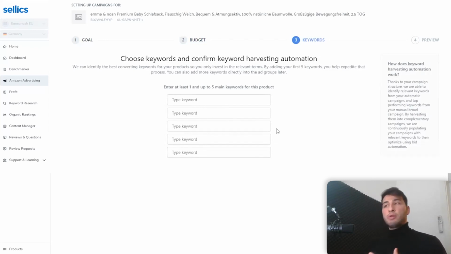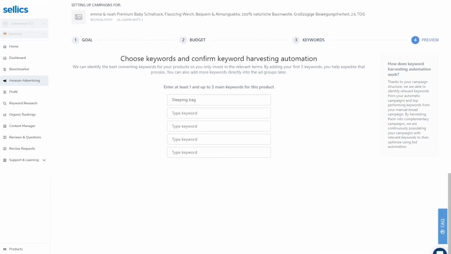You need to give us some keywords in order for the algorithm to work on, to make better decisions afterwards, right? So you need to give us some keywords basically to start with for your campaigns that are also relevant to your product, right? You can type in 5 keywords here that you have in your title or your product list or your bullet points that of course have to do something with your product, right? So in this example, let's add sleeping bag, because this is actually what this ASIN is about that we just selected. We click on next.